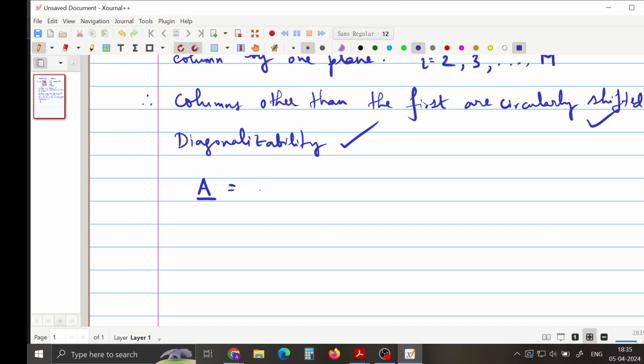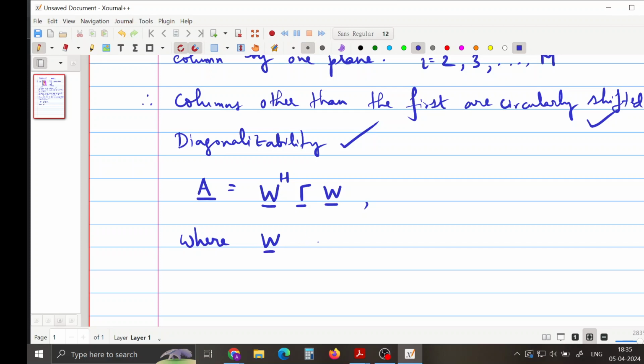This can be expressed as the product of these three matrices: W Hermitian times gamma times W, where